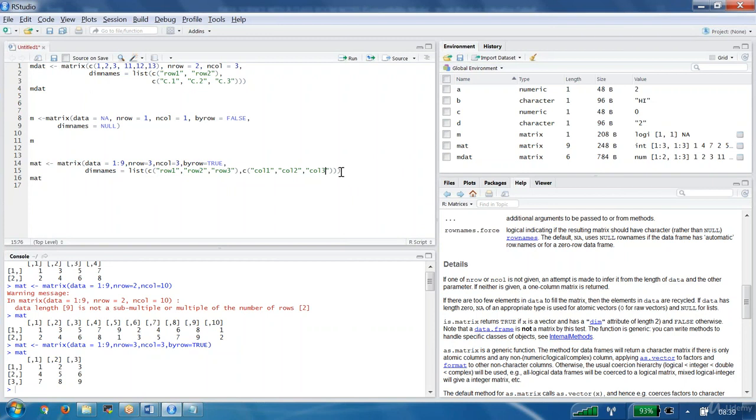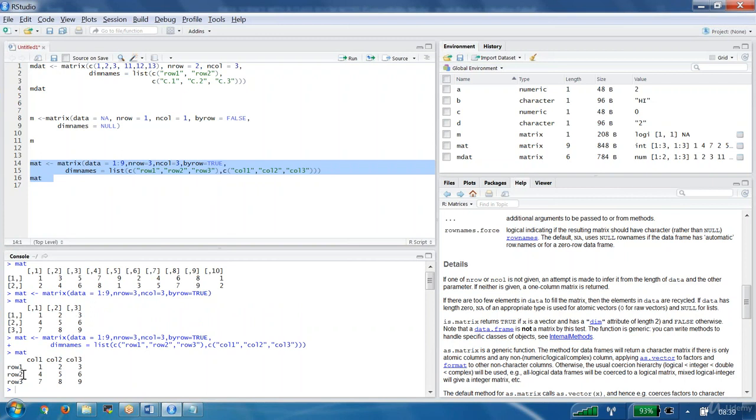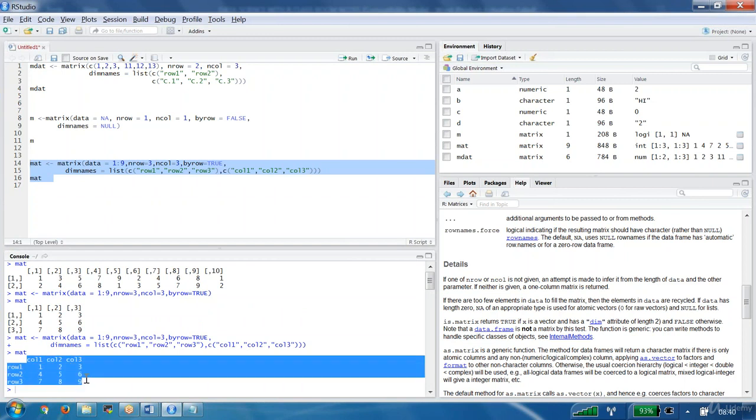So you provided all the things. How many brackets opened here? So this is bracket 1. Yeah, this is the matrix. Perfect. Now let me try to execute this one. I am trying to run it. We are seeing row 1, row 2, row 3, and column 1, column 2, column 3. Properly we got these values or not? Yes.